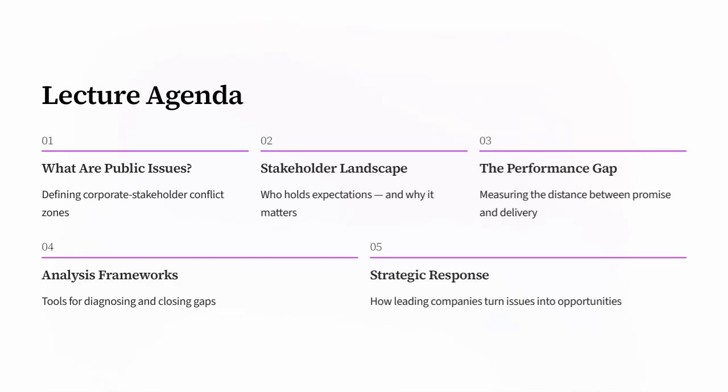First, what makes an issue a genuine public concern, and where do corporate and stakeholder interests collide? Next, we'll map the stakeholder landscape, focusing on who holds expectations and why those expectations matter. We'll then examine the performance gap between what an organization promises and what it delivers. From there, we'll use analysis frameworks to diagnose those gaps before turning to strategic response, how leading companies transform difficult